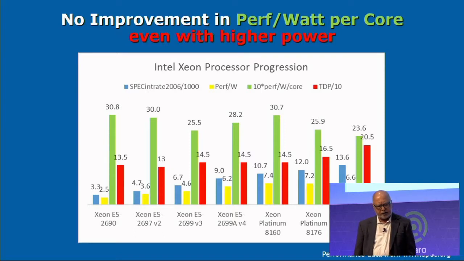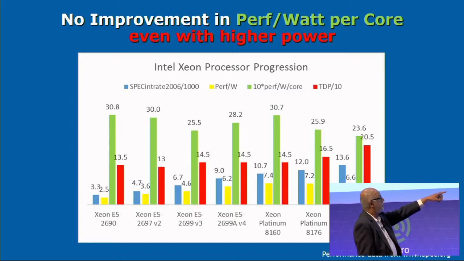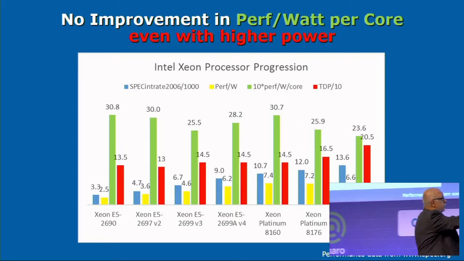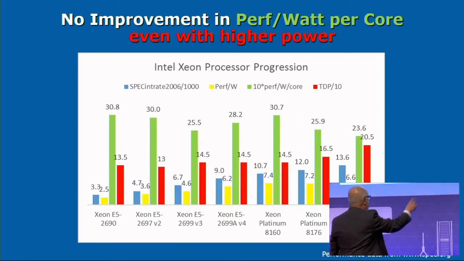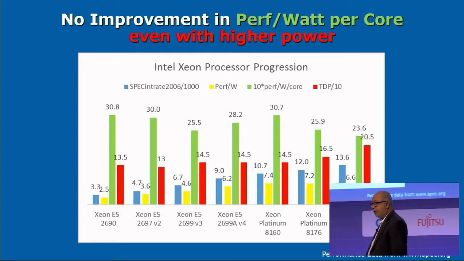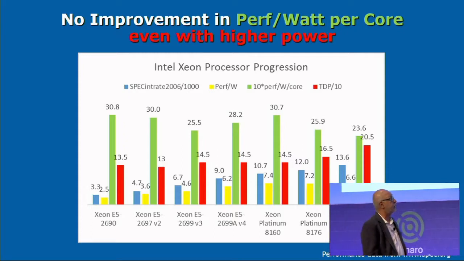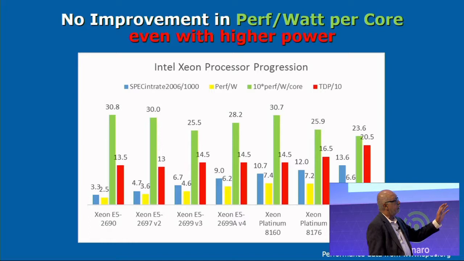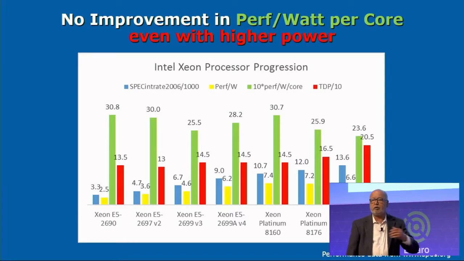Then I said, let's see what that progression looks like if I use the highest power in each of those generations. So if you see on the first one, which is the 2690, which is Sandy Bridge, the TDP was again 135 watts, and then to the right on the red bar, which is Skylake, the top end is 205 watts. Now, if you calculate the other metrics, like the performance per watt and the performance per watt per core, you can see that even when we increase the power envelope, not we, even when Intel raised the power,